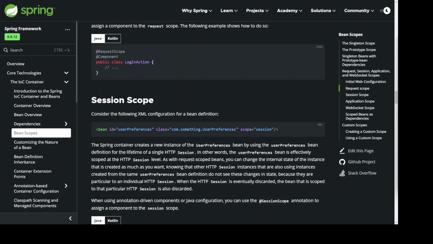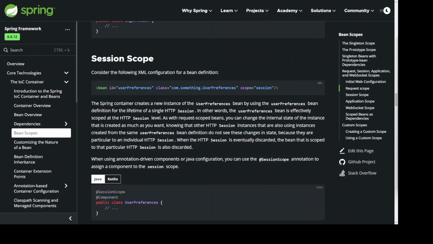As with request-scoped beans, you can change the internal state of the instance that is created as much as you want, knowing that other HTTP session instances that are also using instances created from the same userPreferences bean definition do not see these changes in state, because they are particular to an individual HTTP session. When the HTTP session is eventually discarded, the bean that is scoped for that particular HTTP session is also discarded. When using annotation-driven components or Java configuration, you can use the @SessionScope annotation to assign a component to the